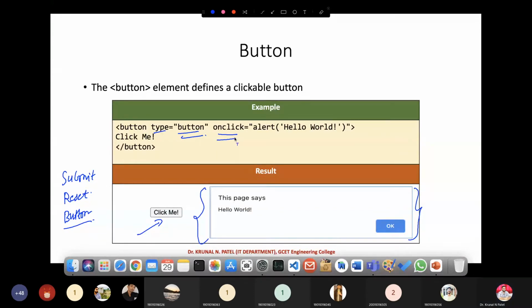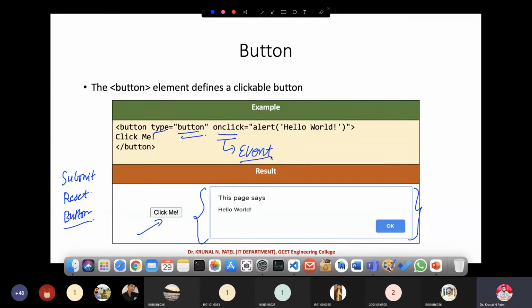In that onclick, you have noticed that we have written one particular logic. Here you can see that one logic is written, and this is our event. Sorry guys, this is our event, right?